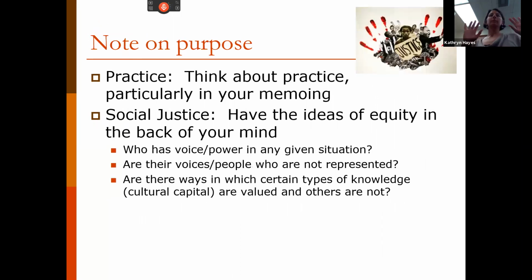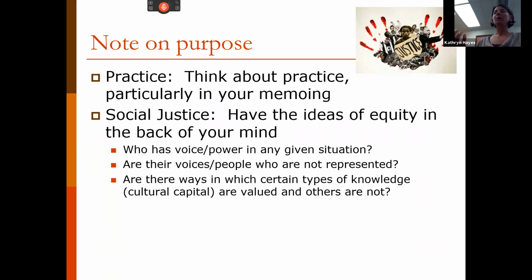Okay, I want to just step aside for a moment and talk about purpose. Two important things to keep in mind as you are doing your coding. One is thinking about practice. After all, you are all practitioners out doing amazing work. You're researcher practitioners.